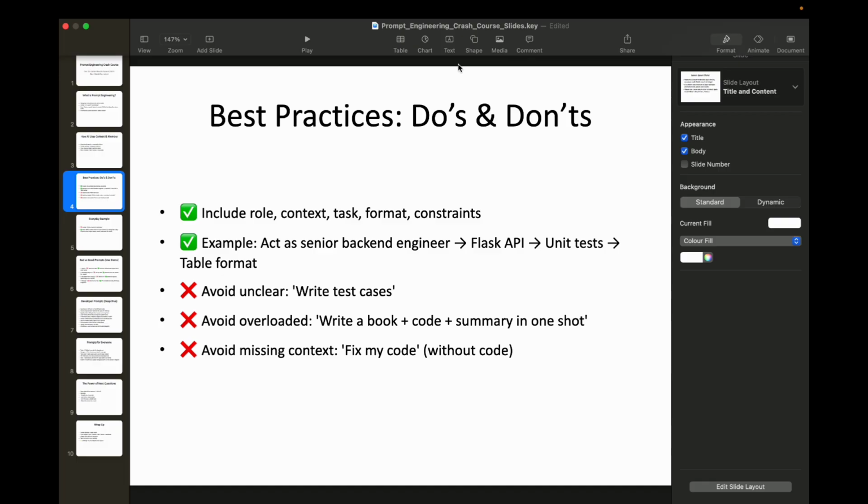So avoid unclear prompts. Unclear means something like "write some test cases for my Node.js app." Not like this. Then overloaded: "write a book, code it, or summarize it." It's not good. Everything at once, it can't give you a proper answer. Then missing context. If context is missing, how will it understand in which context I have to